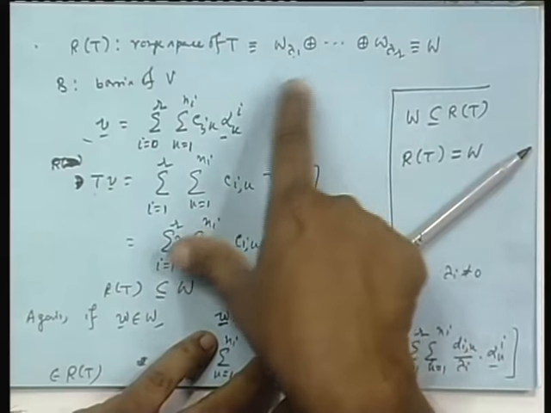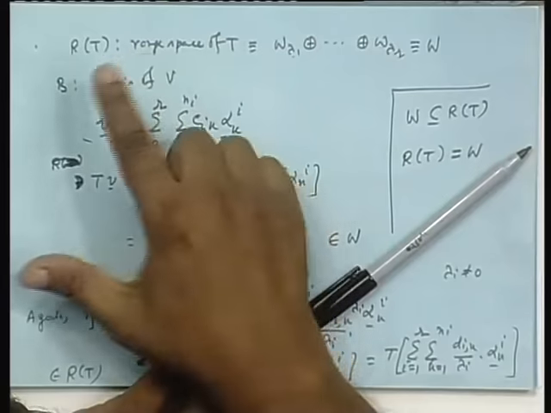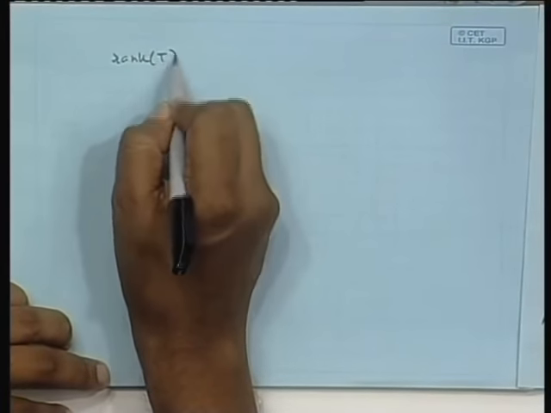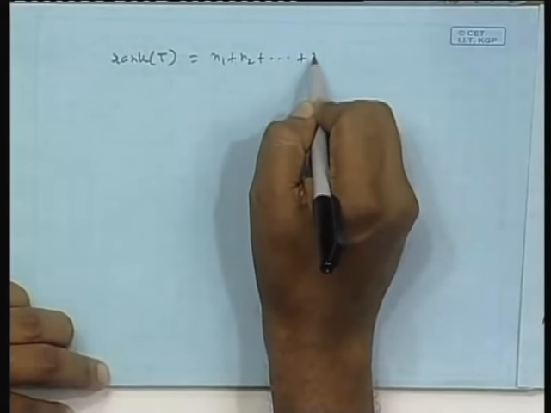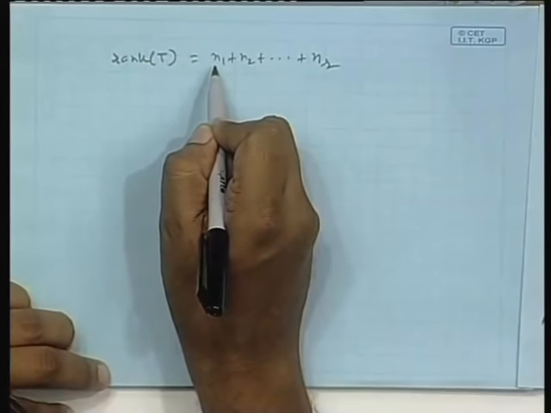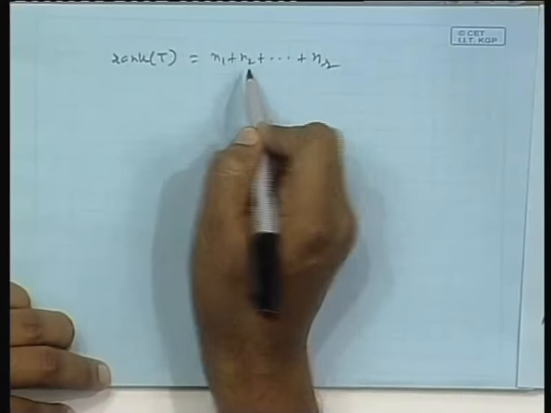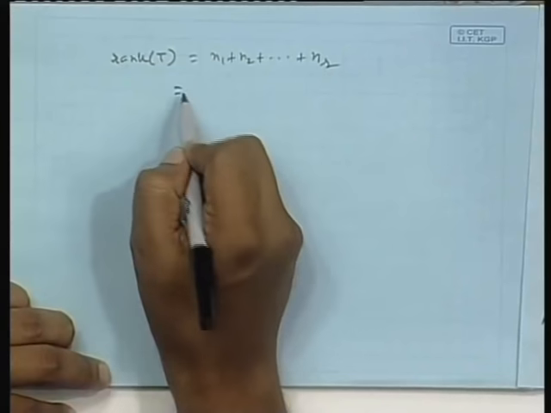What is the dimension of W? n1 plus n2 plus dot dot dot plus nr. So, that is the dimension of W, which means the dimension of the range space, which means the rank. So, what is the rank of T? n1 plus n2 plus dot dot plus nr. There is the multiplicity of a non-zero eigenvalue, say 1, plus the multiplicity of another non-zero eigenvalue 2, plus dot dot dot the multiplicity of another non-zero eigenvalue. So, that means the summation of